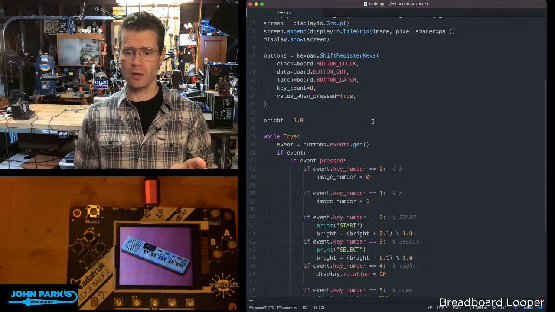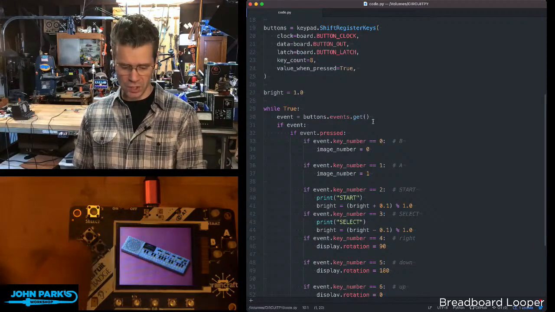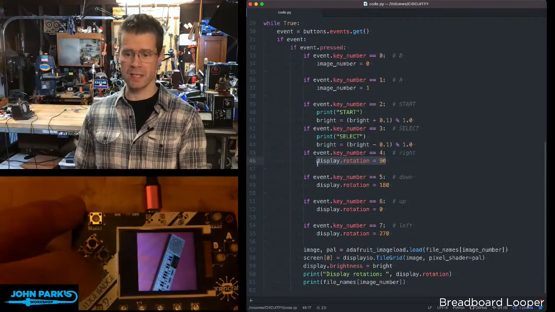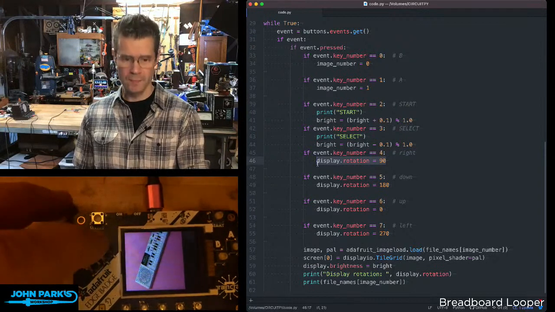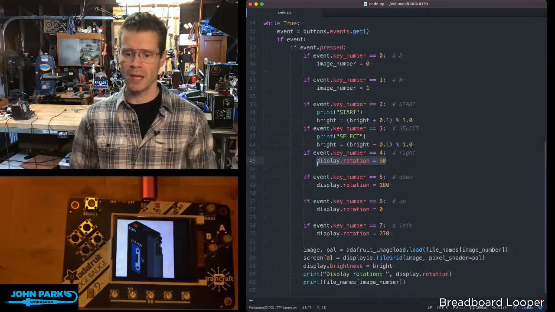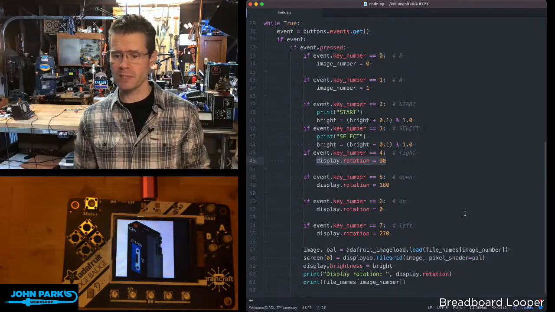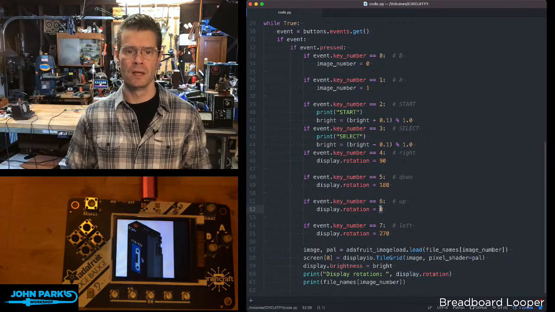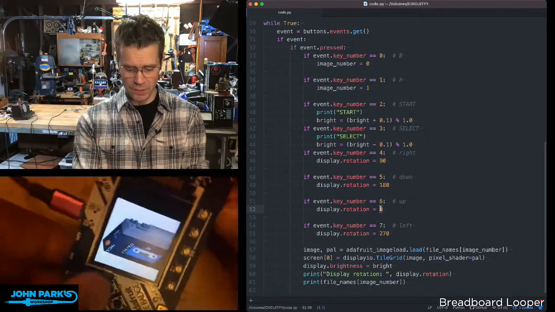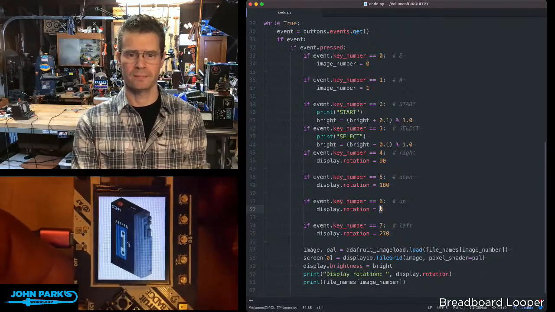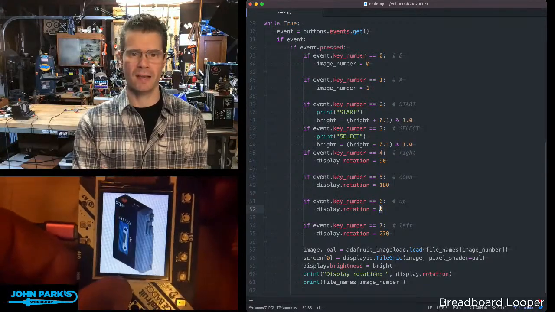The way I'm doing that in code here is that when I press one of these D-pad buttons, I'm simply updating that display.rotation equals 0, 90, 180, or 270. Then I'm also using the A and B buttons to just do a sort of mini slideshow between images. And so that will then be used to update as I load different images and palettes in, and they are going to use whatever that current display rotation is based on pressing these buttons. And so that's how you can adjust display rotation inside of CircuitPython using display.rotation. And that is your CircuitPython parsec.